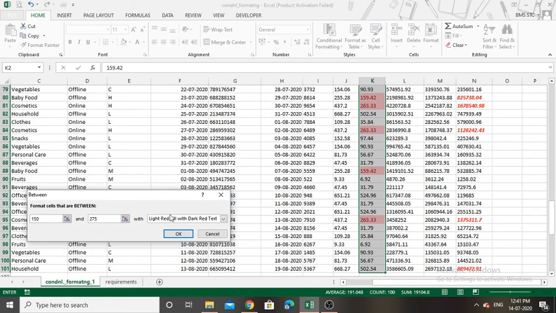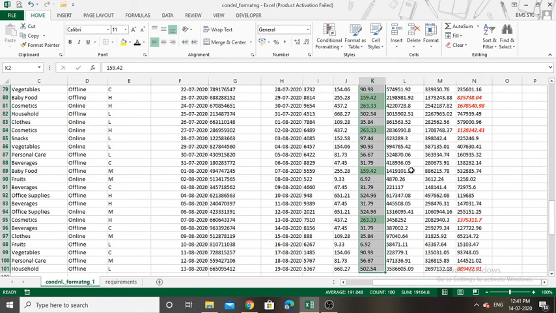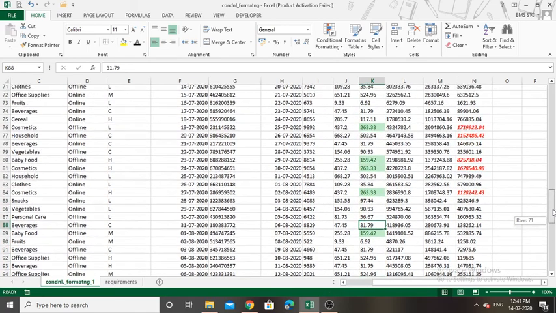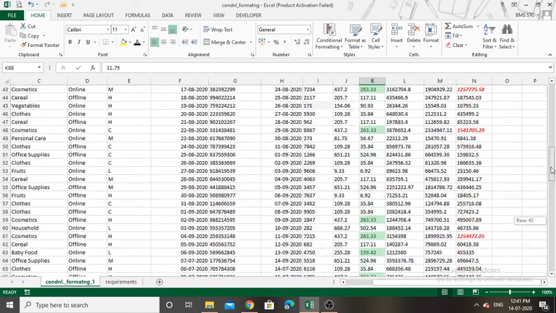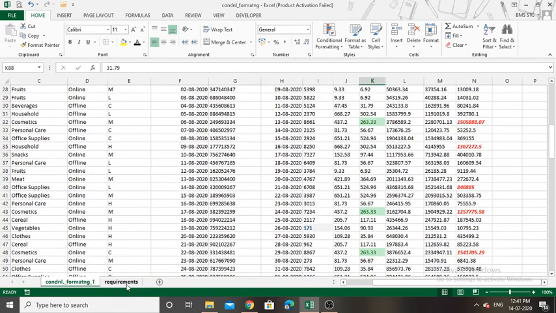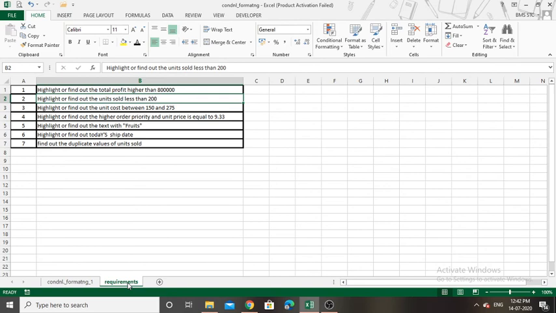So now I'm going with the default option, or can I go with this one, green fill with dark green text. Okay, I'm going with that option. It has highlighted the values between 150 and 275. Okay, so what is the next one, which is to highlight or find out the high order priority and unit price